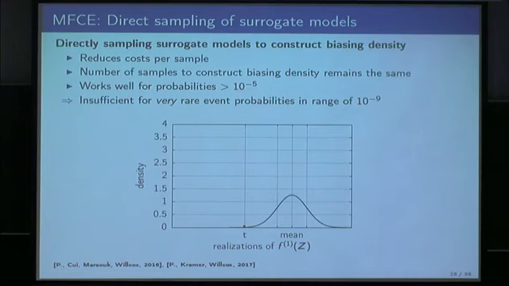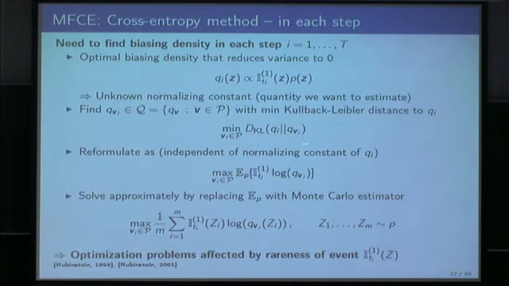But the cross-entropy method now says, let's consider a family of parameterized distributions, and let's find a q_vi, with a parameter vi, such that the KL divergence between this optimal density and our density of this family is minimized. And this optimization problem can be reformulated into a maximization problem of an expected value, which in turn can be replaced by a Monte Carlo estimator here. Okay, so this is an optimization problem that has to be solved in each step.